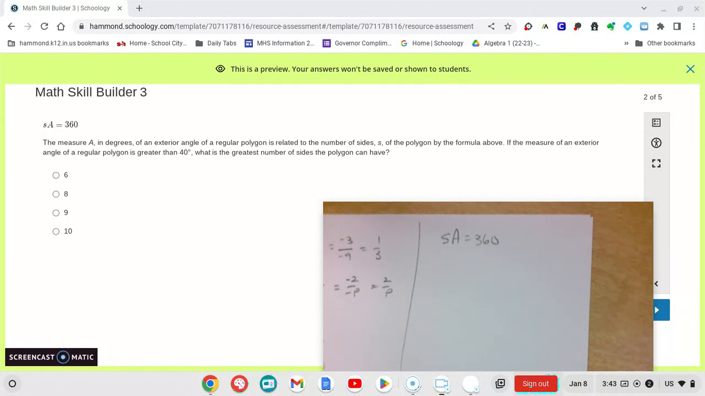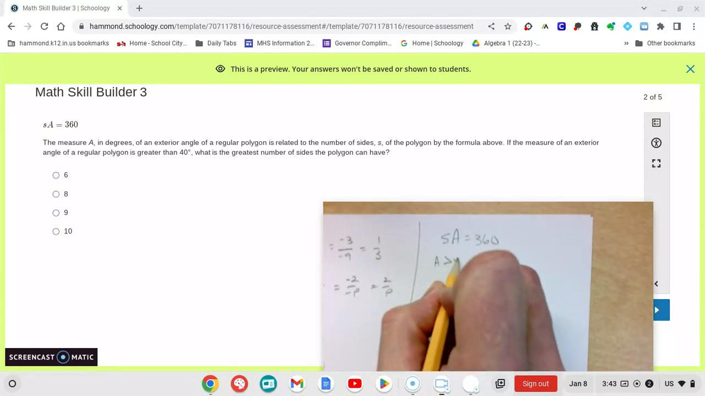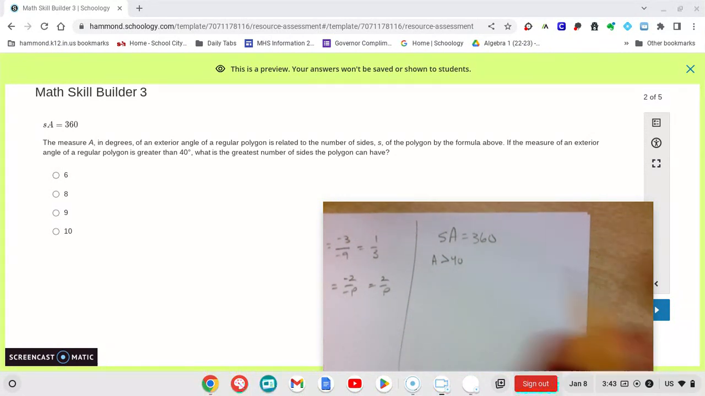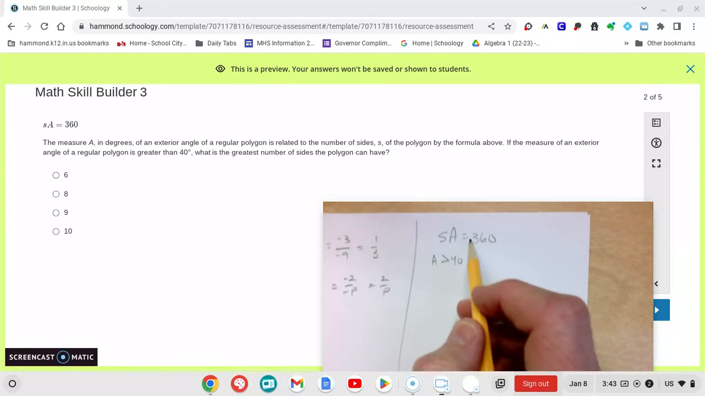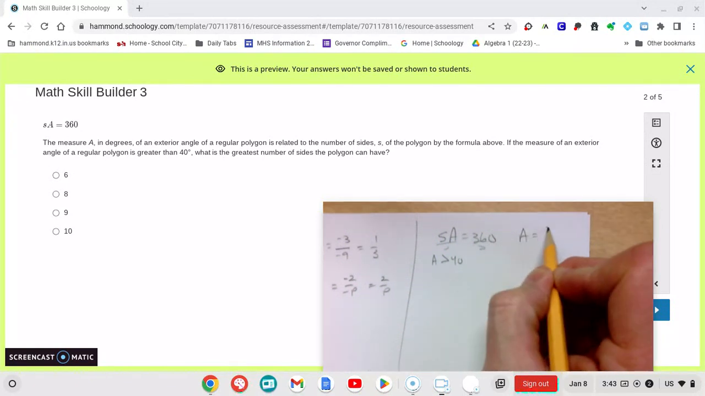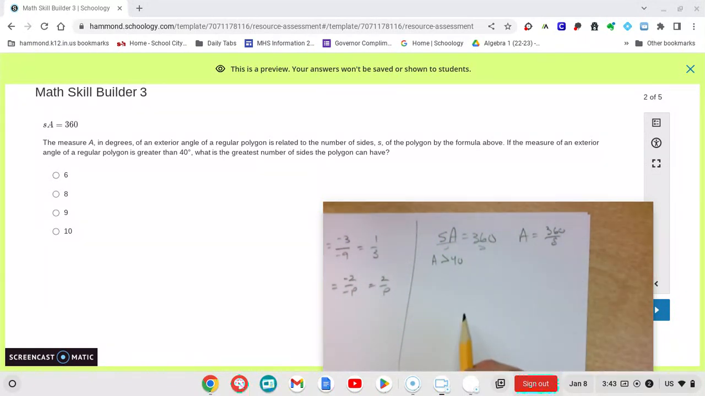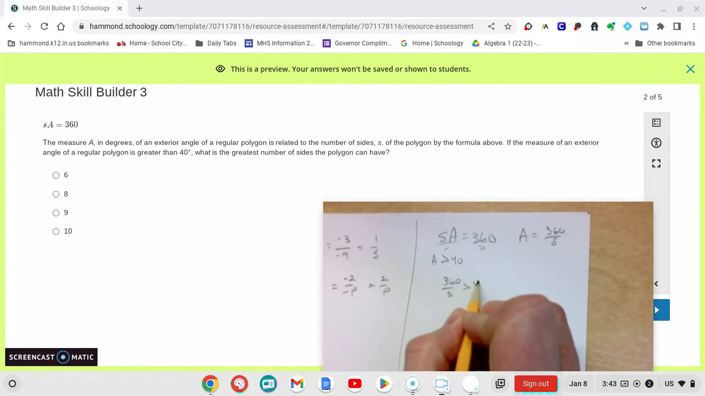So we're told the measure of one exterior angle is greater than 40. So A is greater than 40. And we're asked, what is the greatest number of sides the polygon can have? So a couple of ways you can think about this. We could do this mathematically. If we divide both sides by S, then A is equal to 360 over S. And since A is greater than 40, I could say that 360 over S is greater than 40,